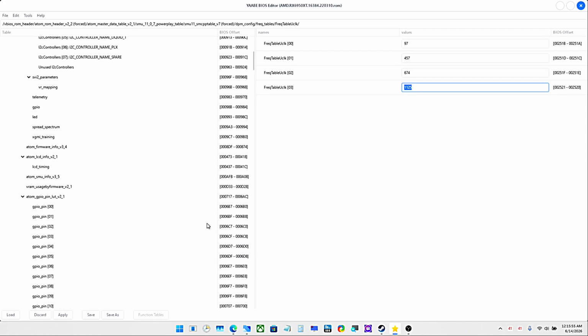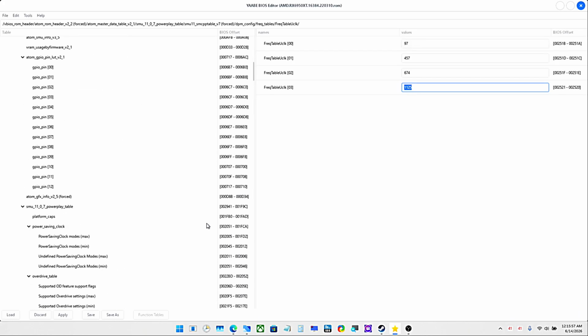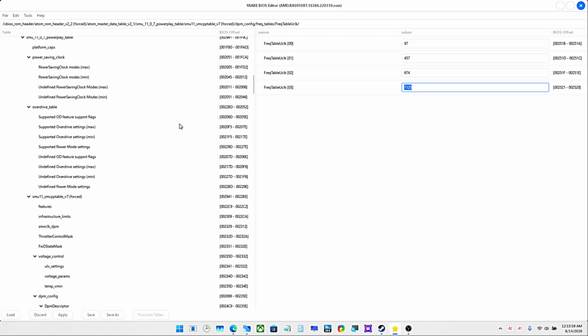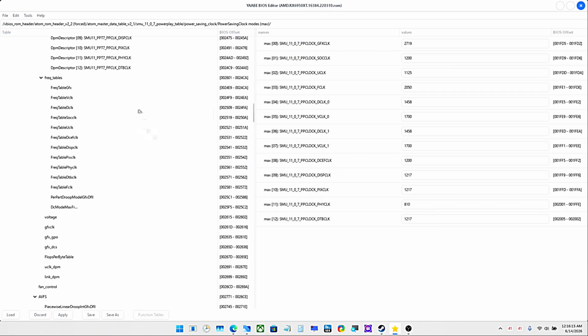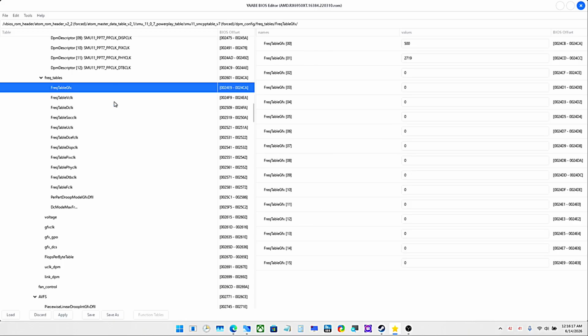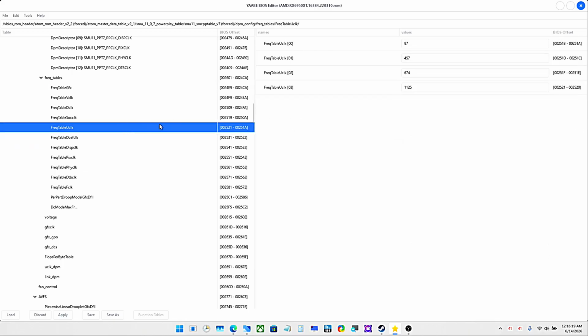If you want to change the frequency, you can change it first here in power saving clock modes, and then you have to change it again in frequency tables here. So there's 2 places, 1200 here,